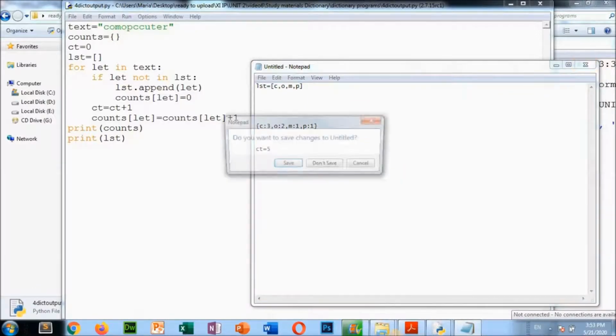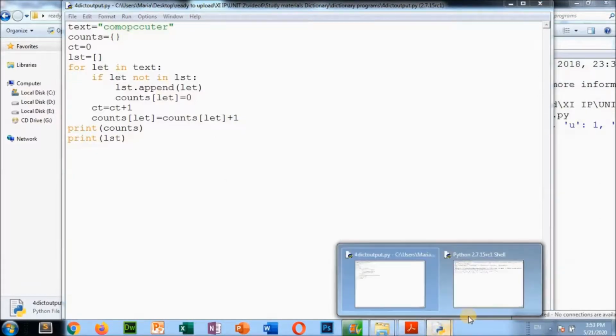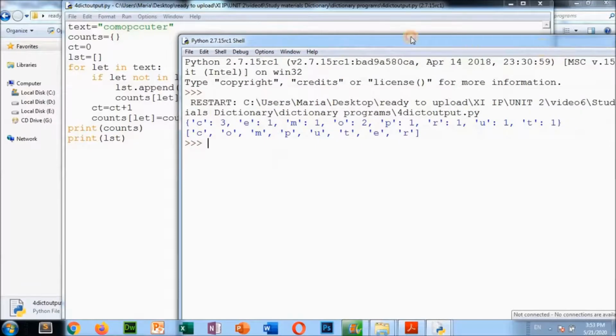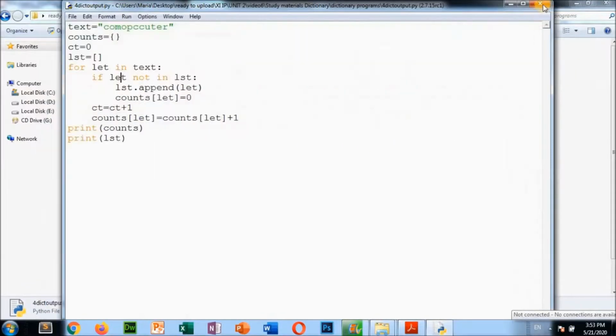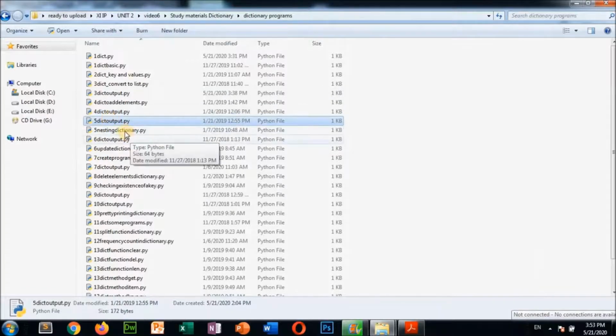Okay. So now how I have shown you, you have to try. You will try, then you will understand automatically. C is 3. How many C's are present in this text? It will count. In the dictionary it is storing, and in the list LST it has stored these values. Okay. So this is the output for dictionary. So after that, the next example, again dictionary output is there, and